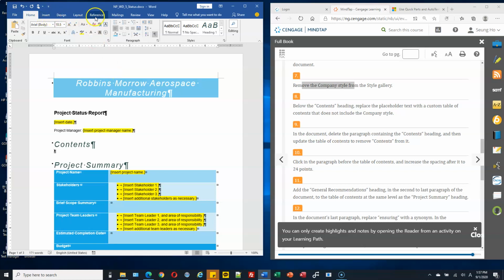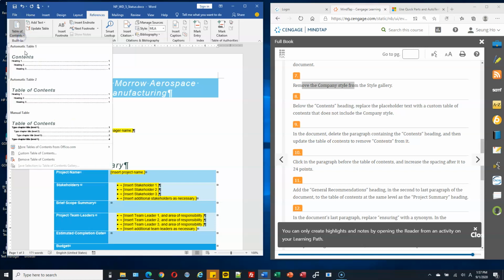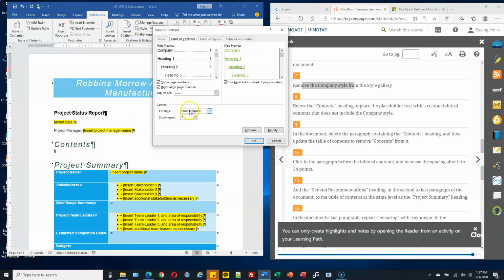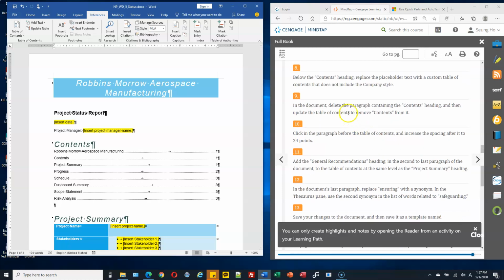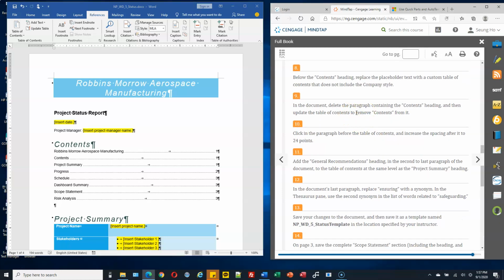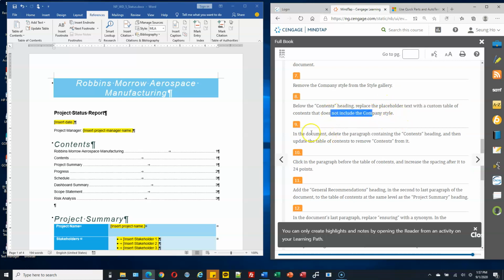Click the references tab, table of contents arrow, custom table of contents, and then everything is default. Click OK. So we just did this one.